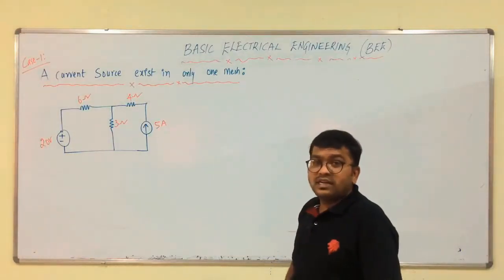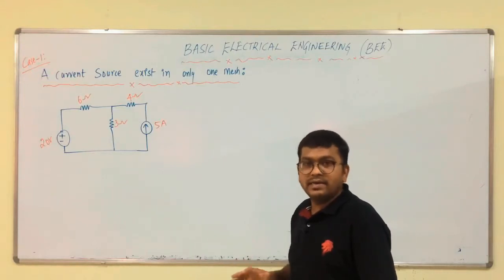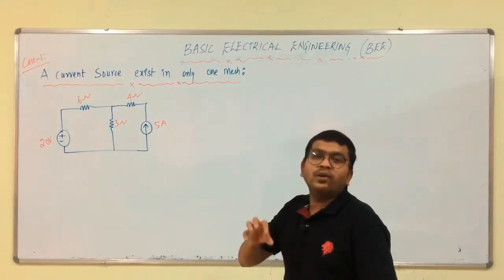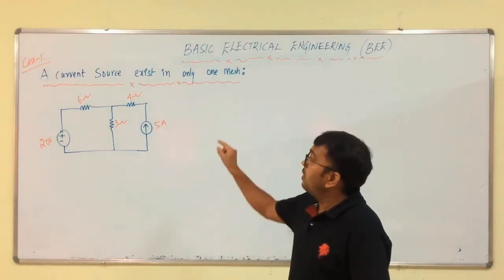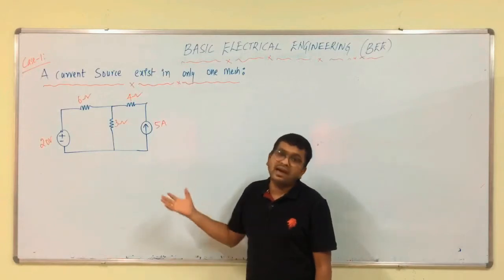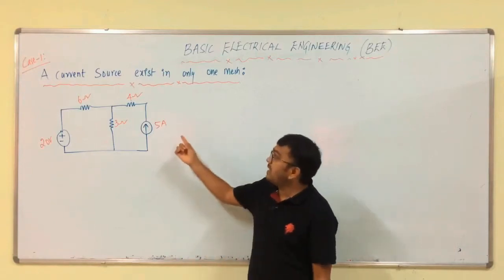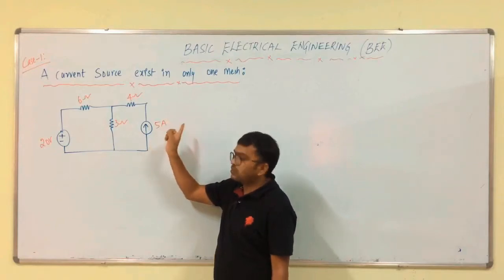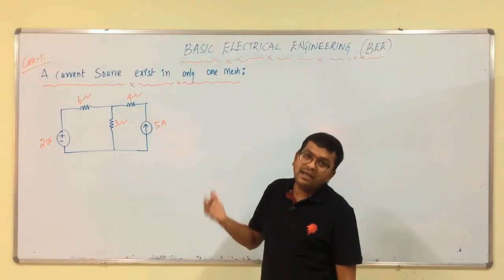Now we have to discuss the different cases of mesh analysis. By default, we have to calculate the currents if we have a number of loops in the circuit providing voltage sources on either side. But if we have a current source in any of the loops, then how can we calculate the currents I1 and I2, up to I n, if we have n number of loops? But in this case a current source exists in only one mesh, that is, a 5 amps current source is present in the second loop. Then how can we calculate I1 and I2?